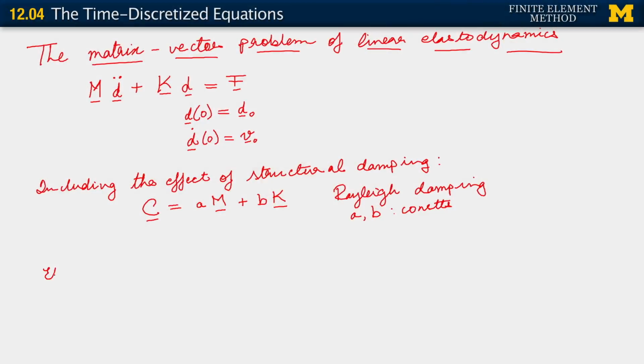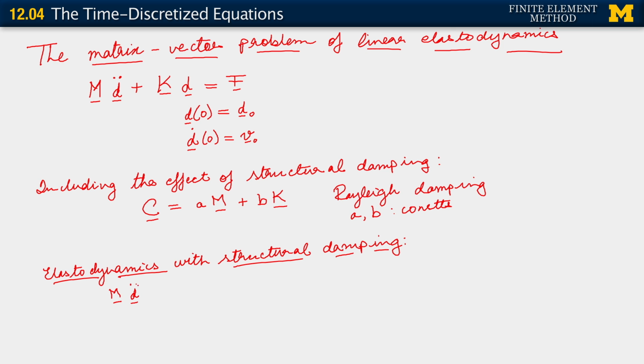Now we would get the equations of elastodynamics with structural damping, and that equation would turn out to be M d double dot plus C d dot plus K d equals f,